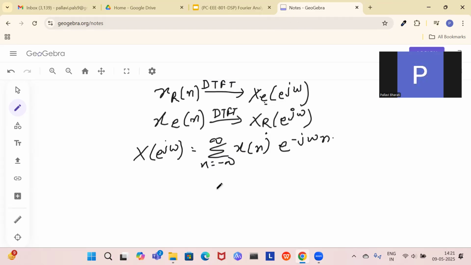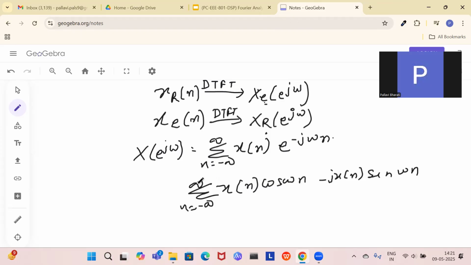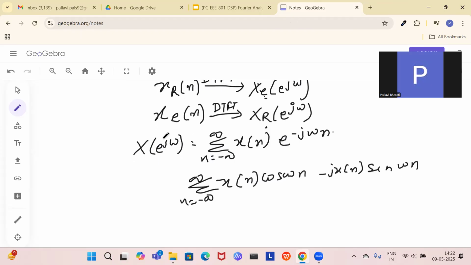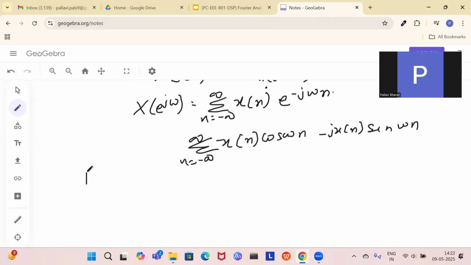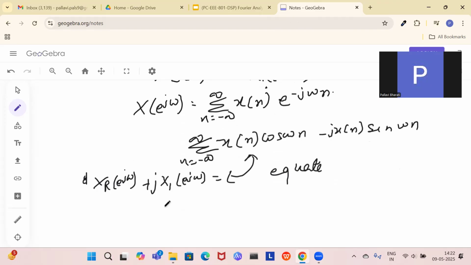Now this can be written as what? x[n] cos omega n minus j x[n] sin omega n. Now this full thing is for the summation from n equals minus infinity to infinity only. Got it? Now you know that this is both the real part and the imaginary part. Here you can say it is the real part X_R of e to the power j omega plus j into X_I of e to the power j omega. So if you equate this one with this one, then X_R of e to the power of j omega is